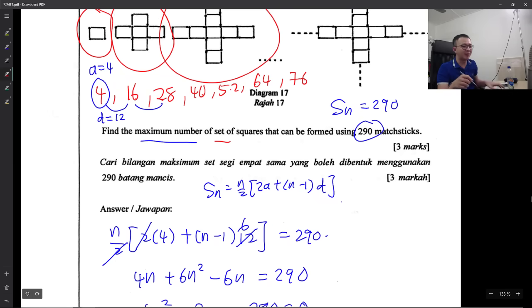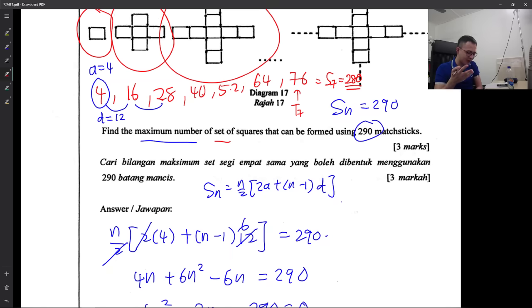Okay, we try to sum up all the matchsticks we have here and see what number we get. 4 plus 16 plus 28 plus 40 plus 52 plus 64 plus 76. So if I sum up from T1 to T7, I mean S7 over here, I already have 280. Next one is definitely T8, so definitely we will use more than 290 matchsticks already, right? So if you tell me the answer is 24,